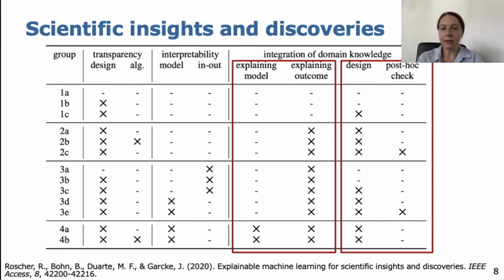Second finding, the range and diversity of works that explain the model output by the input, such as the heat mapping, is higher in comparison to works that inherently design interpretable and explainable models. For example, when you are immediately able to explain and interpret single neurons in a network. And the last thing is, as I said before, many works use explainable machine learning to align the model with prior knowledge, but not so often to exploit explainable machine learning for novel scientific findings.